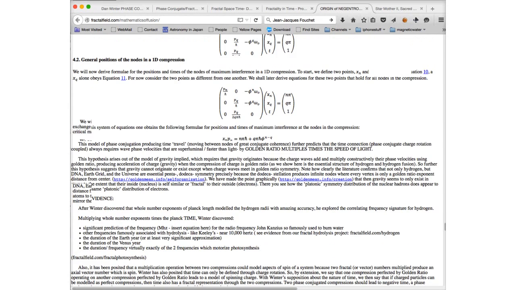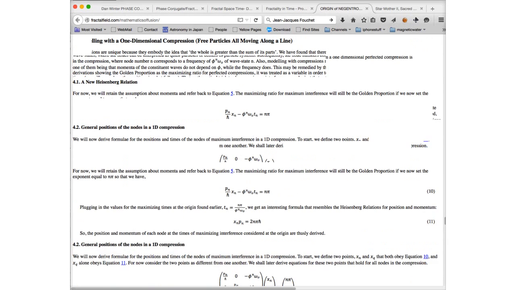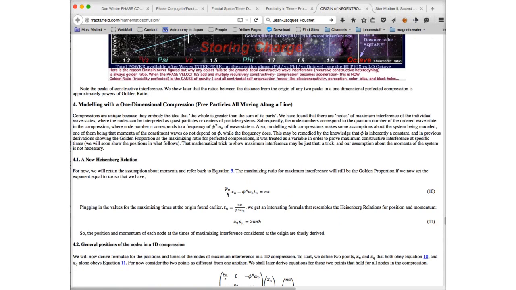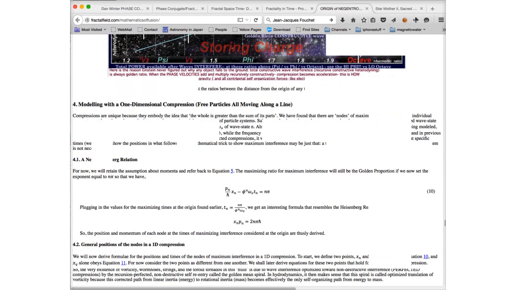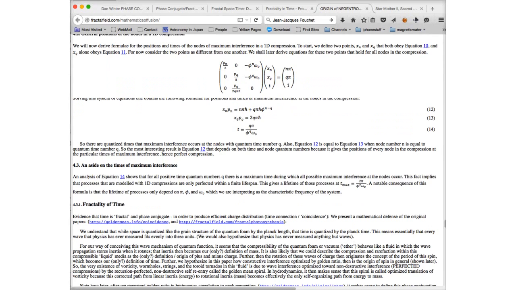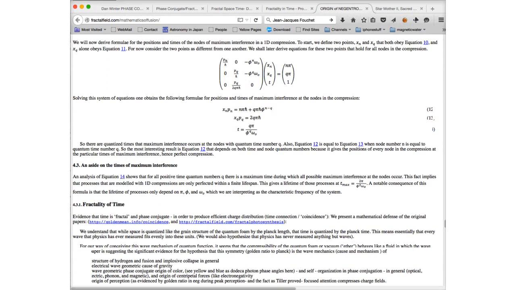Let me see if I can bring up that part of the article. Here, yeah. By modeling with a one-dimensional compression, free particles moving in a line, he used the wave equations to show that if you simply put waves in a line and had them interfere at golden ratio, you would produce maximum constructive interference. And then further by implication in this article,